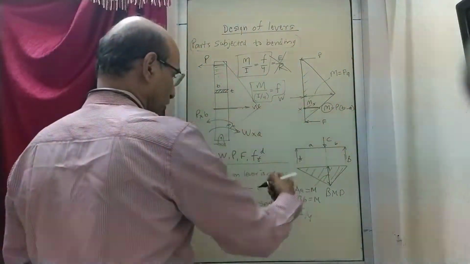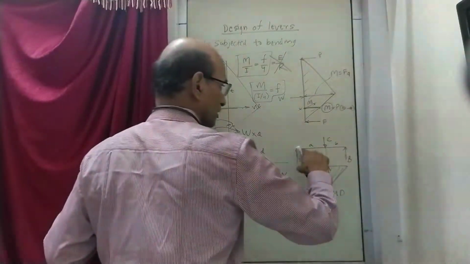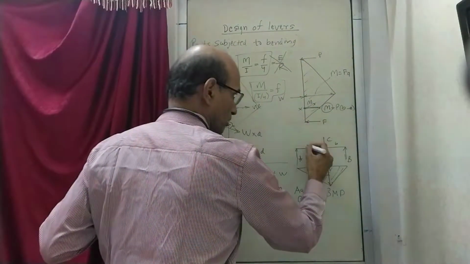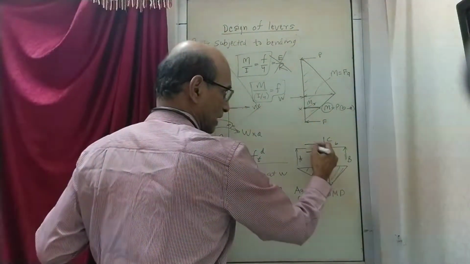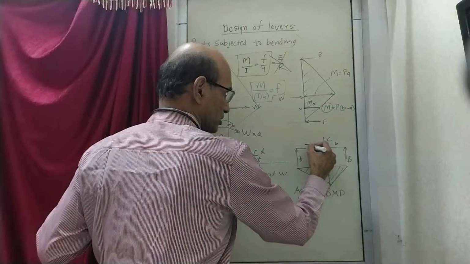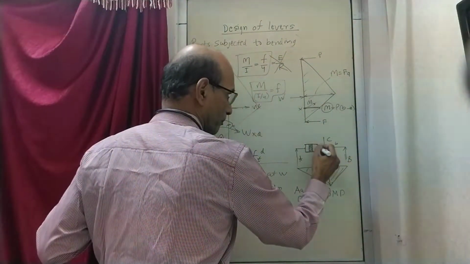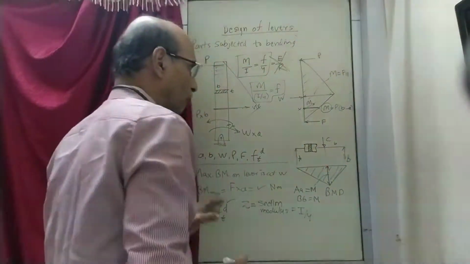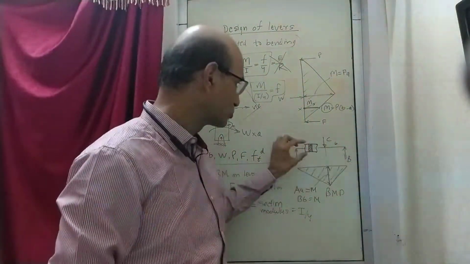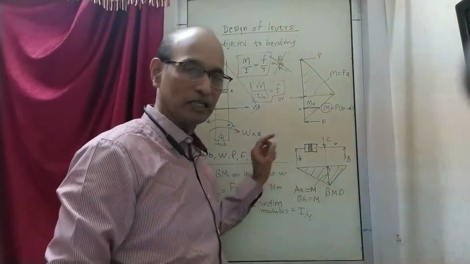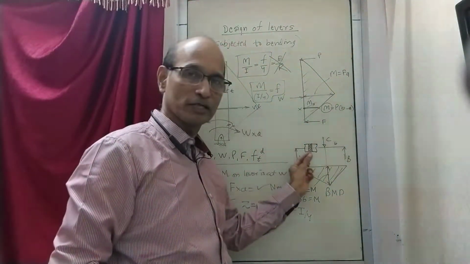So if you think of all this, let's take this simple example which we have done earlier. This particular beam is like this. It has got this cross section. This is the actual size of the beam. This beam we have drawn as a line, but in actual practice it has got certain width B and certain thickness T. So I have shown this revolved section.